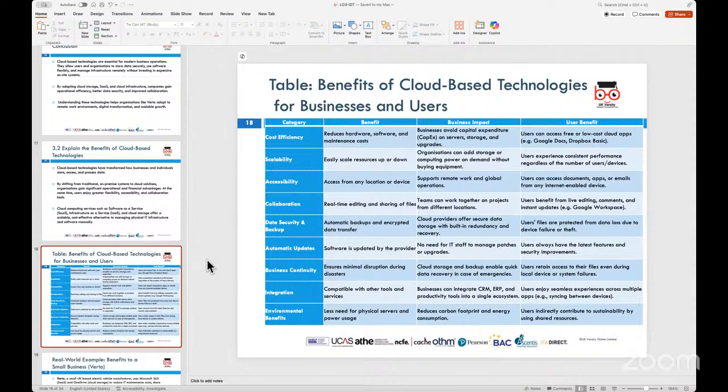So from an IT perspective, IT managers or IT administrators would find it easier to manage hardware and updates to the hardware if the software and hardware part of it can be managed on the cloud. That means firmware updates, software updates or upgrades to the operating system can be done remotely using the server on the cloud, and only a copy of that gets downloaded to your machine when you're using it. When you shut down the machine, all the applications and the updates get stored back onto the server.